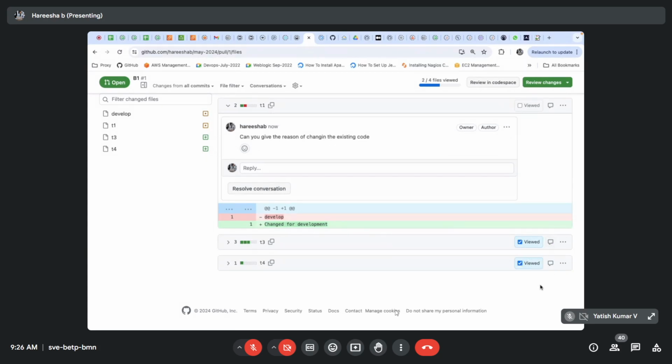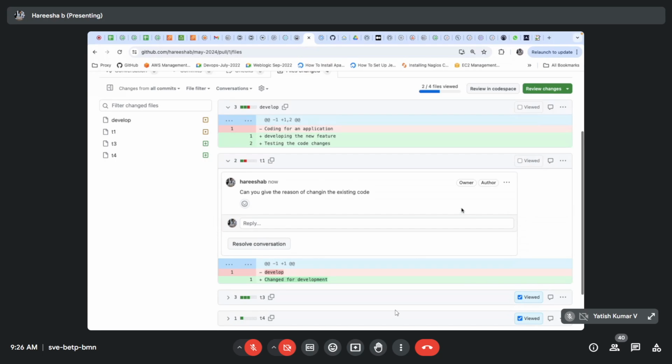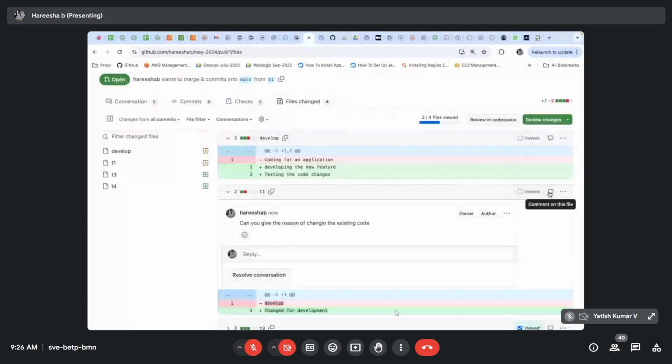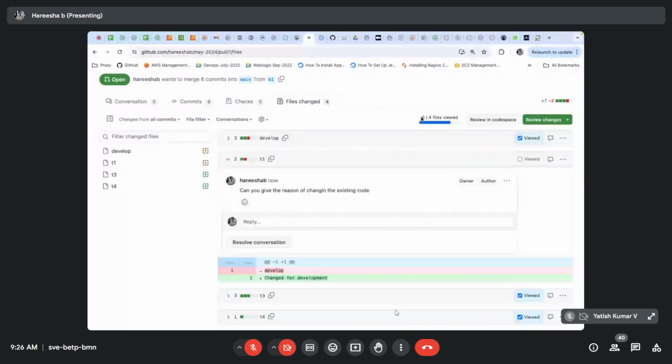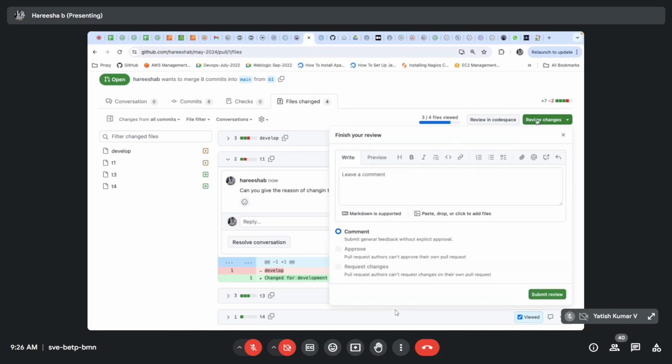And also I will get an option of viewed, and this one I don't mark as viewed because I have commented on it, and this one is viewed. See, out of 4, 3 files are viewed. Okay, yes, sir. Approved,